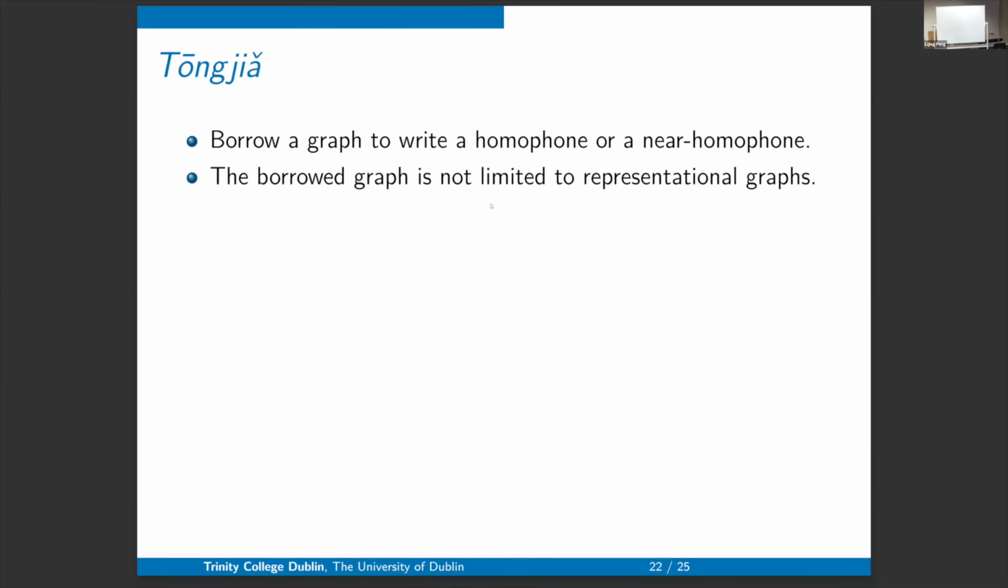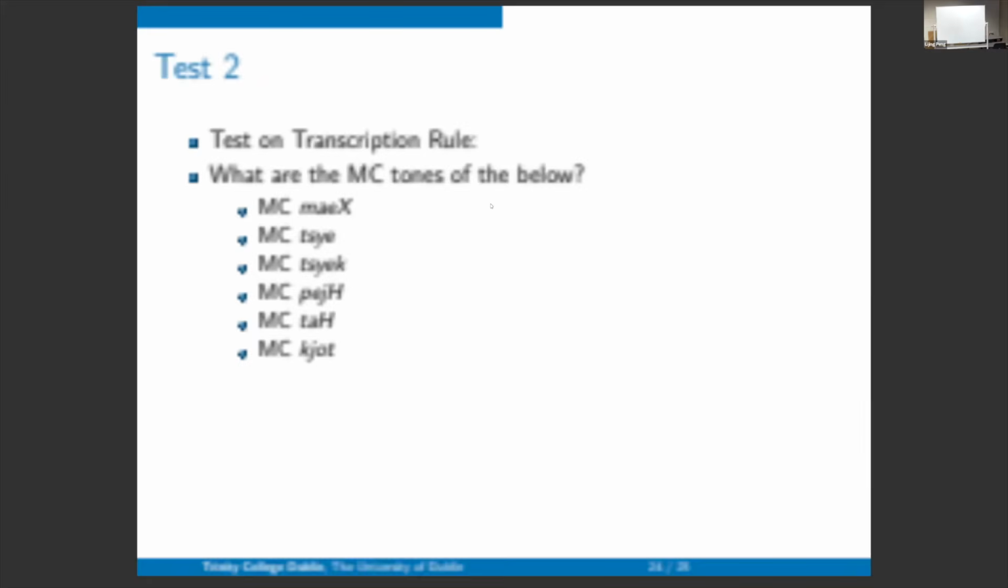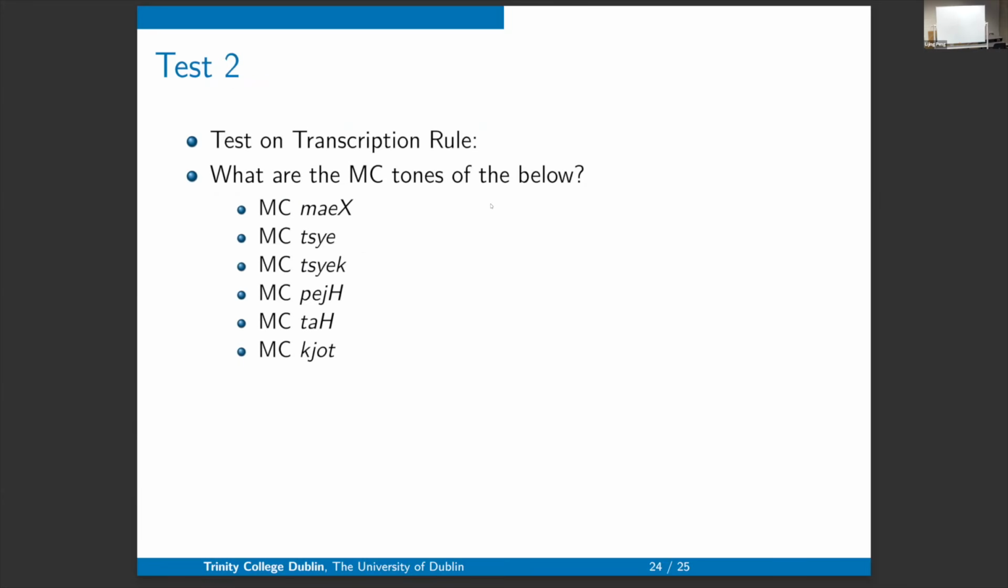Yeah, so I'll just say we've kind of done that. And then here is another, so we have two tests now. No, three. Okay, so the first one is give the Middle Chinese for these characters. I think I'll send the slides around afterwards, so you don't need to do it now. And then the second one, this one we can do together. You tell me what the tone is, and let's just start with